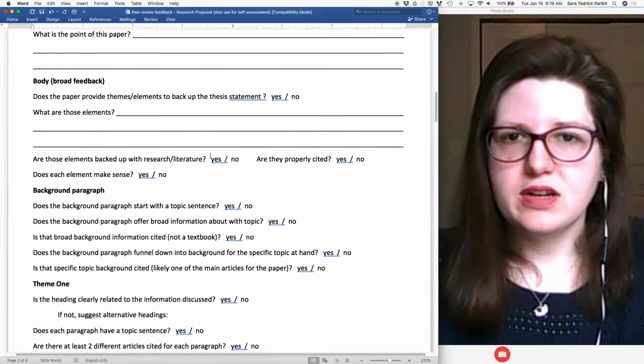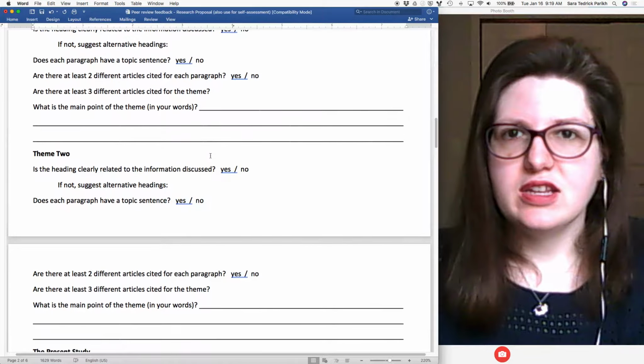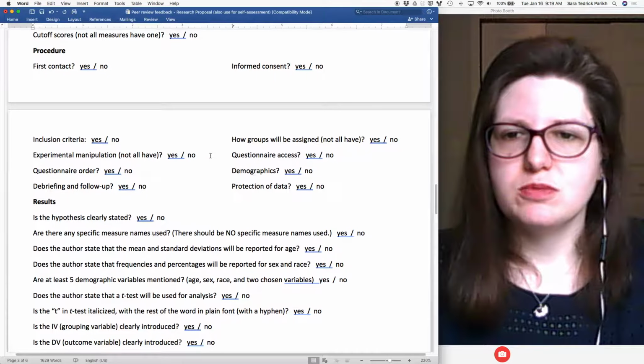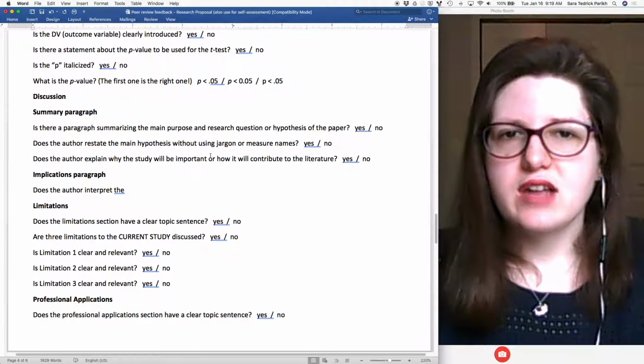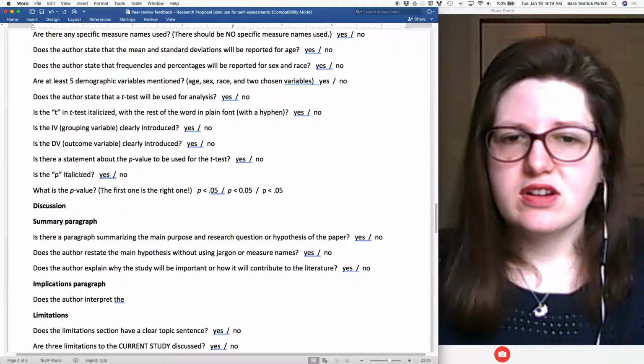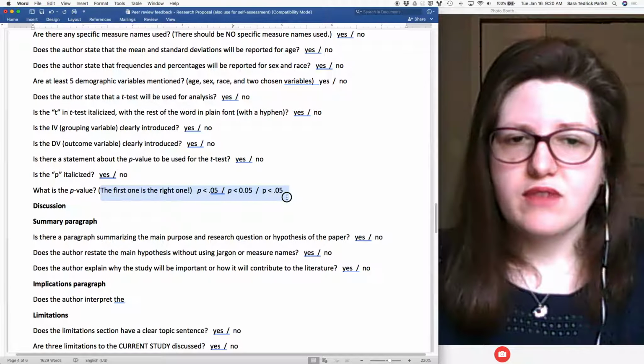There are some more open-ended questions, and it leads you through the introduction, the present study, the method, measures, procedure, and results. And so you can see it gets pretty specific. And there are sometimes questions like, what is the p-value? There are a few different versions, and you can